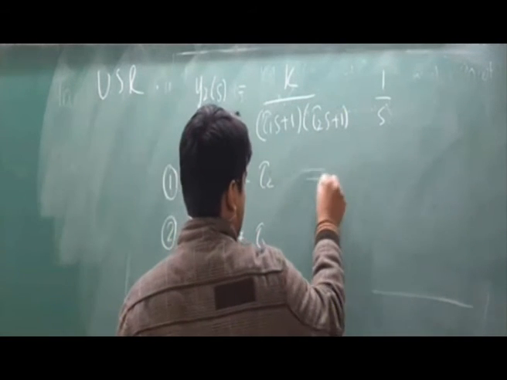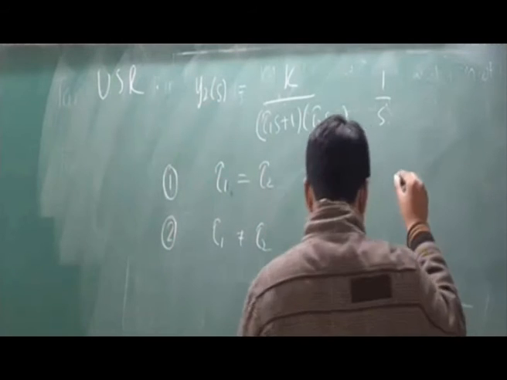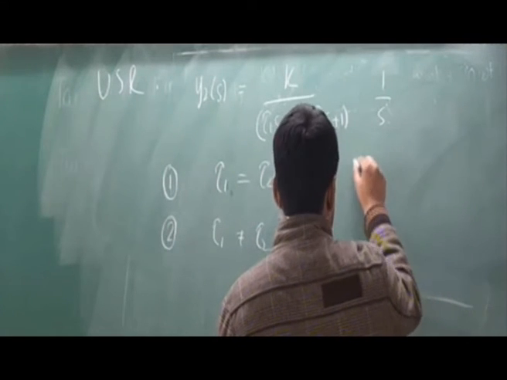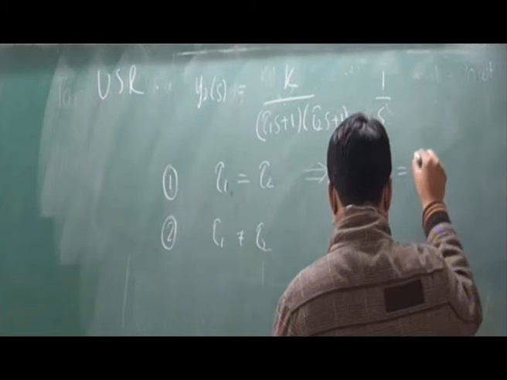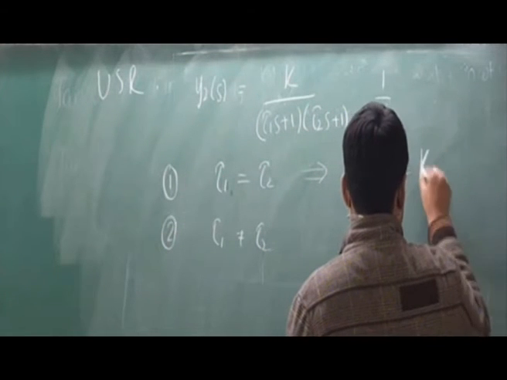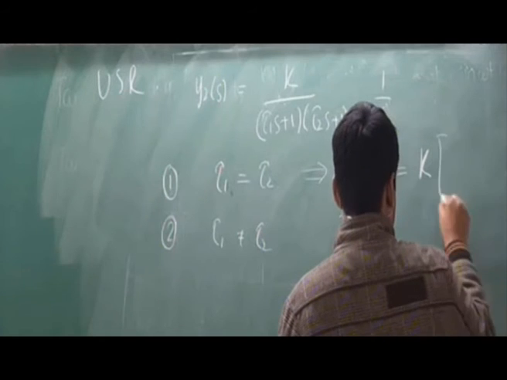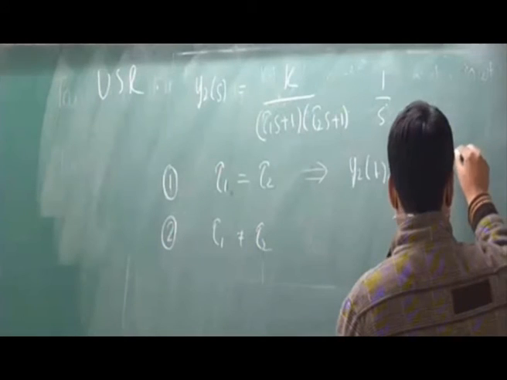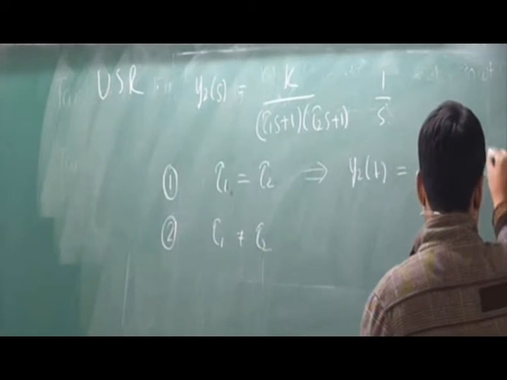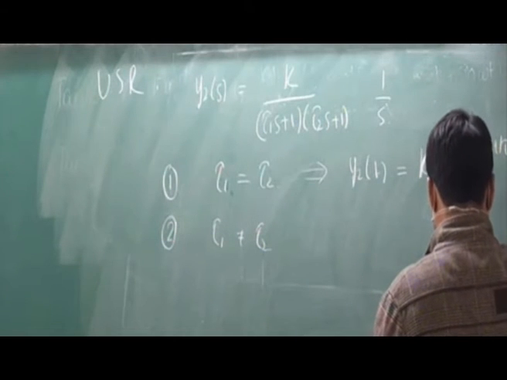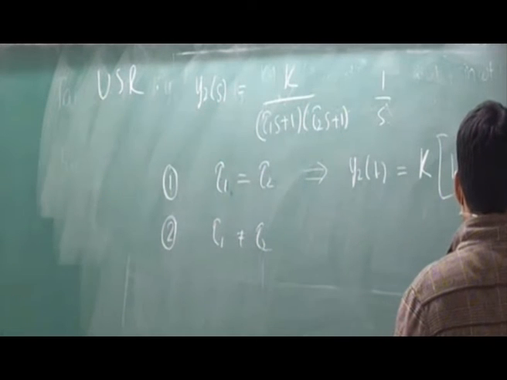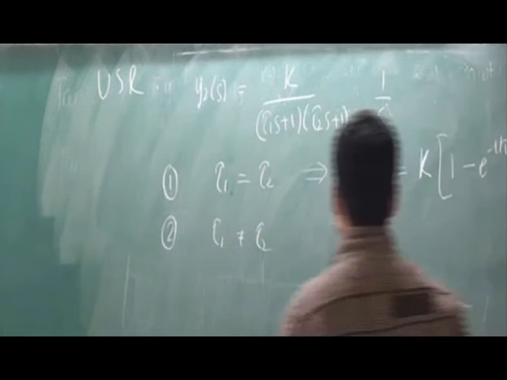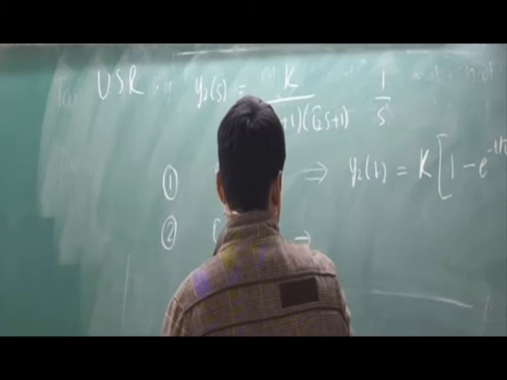So for this case, I would have y2 of t equal to k times this whole expression in the bracket. And for this one, I would have